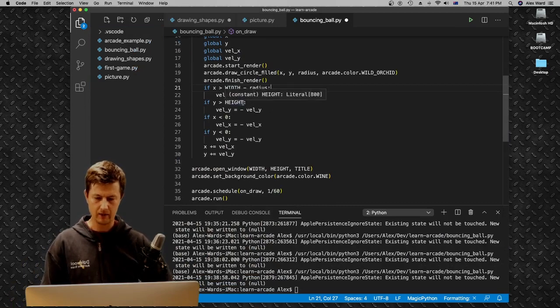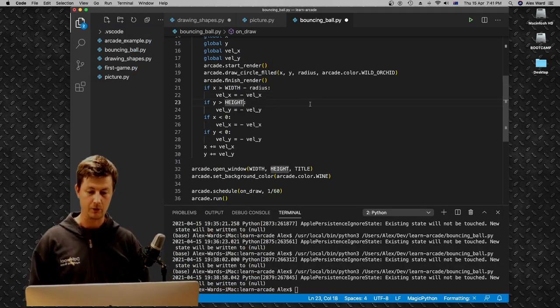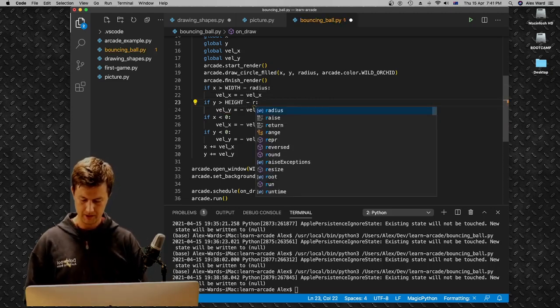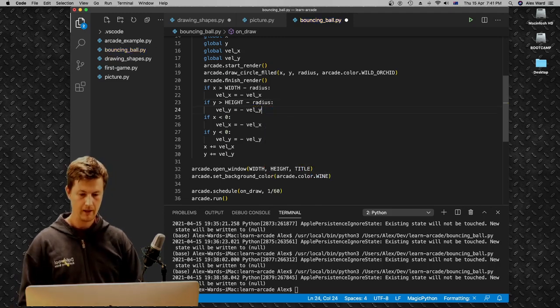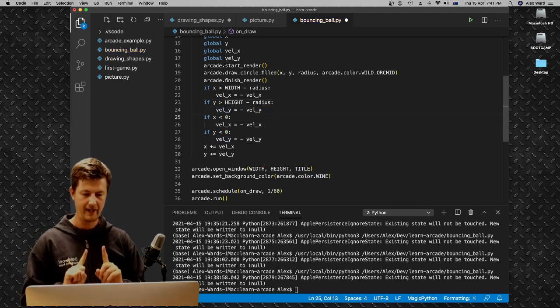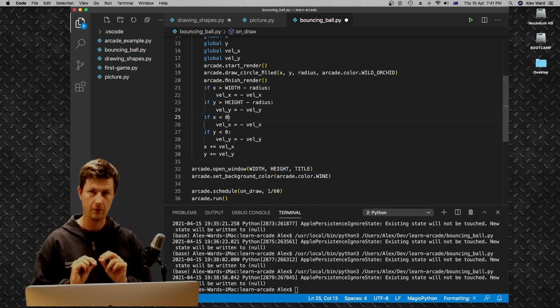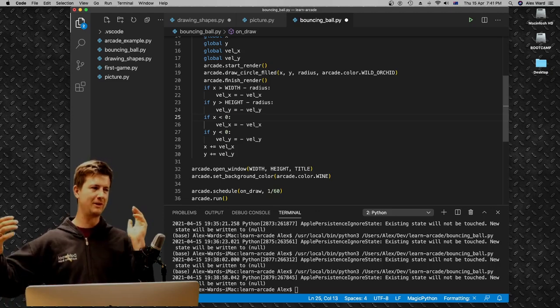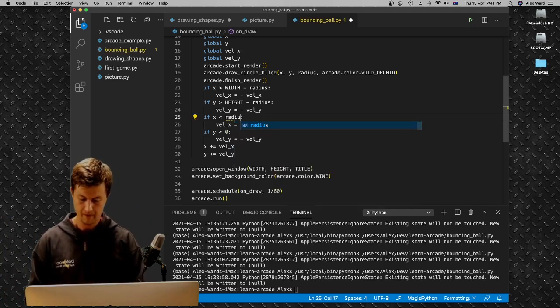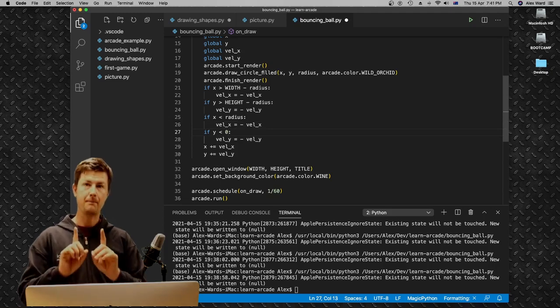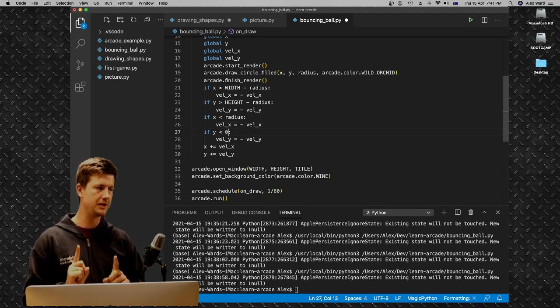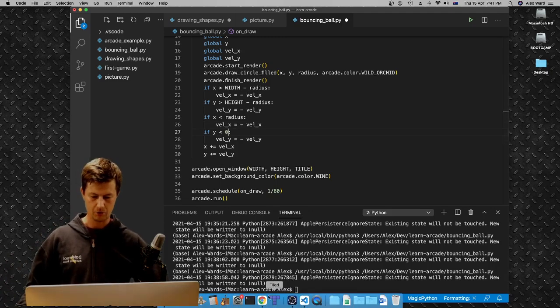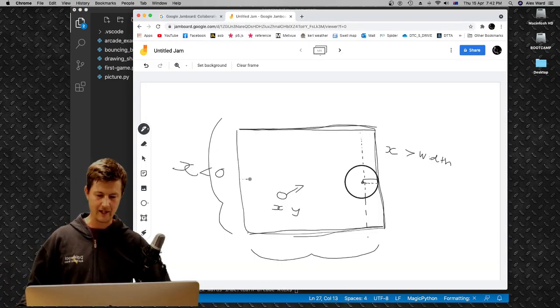So, same thing here. If y is greater than height, we need to minus radius. But here, if x is less than 0 plus radius. And we don't need 0 plus radius, because of course 0 plus anything is just the thing itself. So you can say that, but positive because it's on the other side. So we're trying to move it inside this way, right? Radius is going to be here, and we want to say,